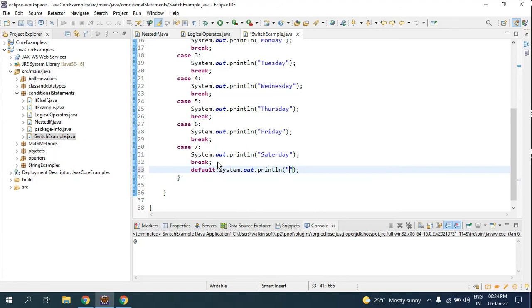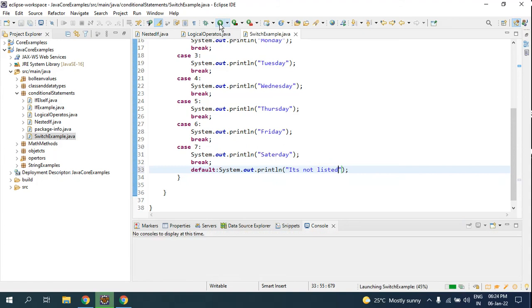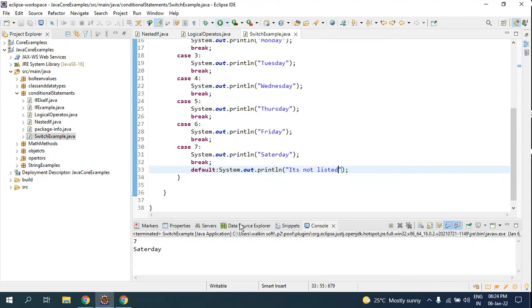This is the default colon, and here we have SYSOUT, and here we can say whatever we want. So whenever, out of 1 to 7, we get a number that is not listed, we get to know it as not listed. Look, now if I run, whenever I get 0, it will show as not listed. Now I'm not getting 0 because it gets generated randomly, right? So for now I'm not getting 0. So 7, I got Saturday. Now if I run again,